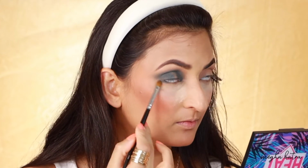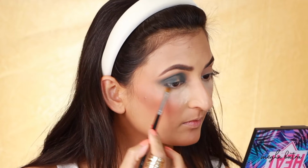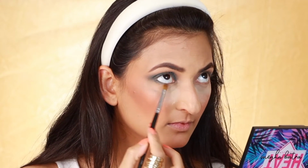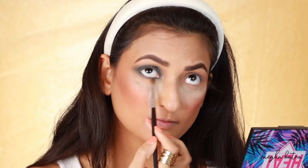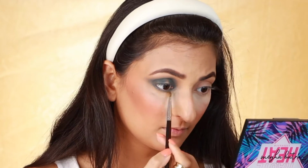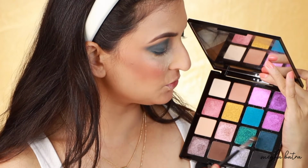And for my lower lash line, I'm going to take a Morphe M124 and I'm just going to apply it in my lower lash line. Now I'm going to leave a little bit of space in the lower lash line so that we can apply the same color that we're going to apply on the lid. Now I'm going to take the Morphe 124 brush, and with this shimmer shade which goes perfectly with this color,